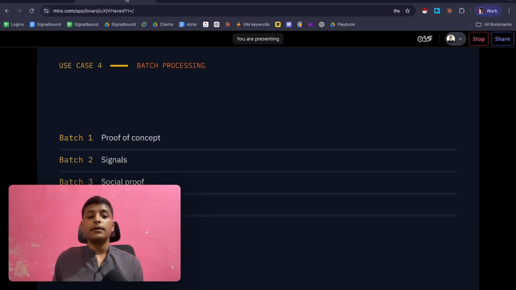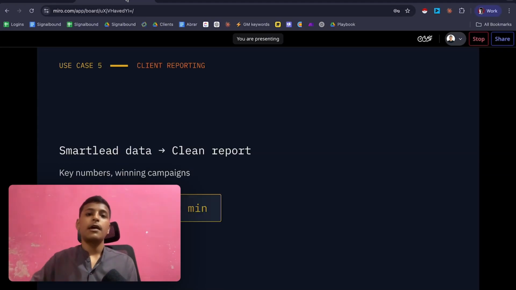Use case 5: client reporting. Every month I pull together a report for each client: meetings booked, reply rate, campaigns launched, what worked, what didn't. It used to take me 30 to 45 minutes per client. Now I have a reporting skill. I upload SmartLead export data or use the SmartLead API, and Claude Code formats it into a clean report with the key numbers. It highlights the winning campaign and flags anything with bad